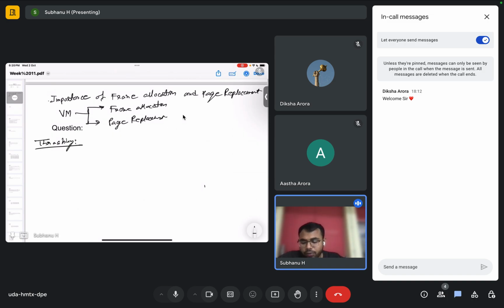Thrashing is when for every instruction there is a page fault. Page fault means you want a page, but you want a frame basically, but it is not present in the main memory. So what you need to do is go back to your hard disk, load it and then come back. Okay, so if this happens for every instruction, then it is called thrashing,